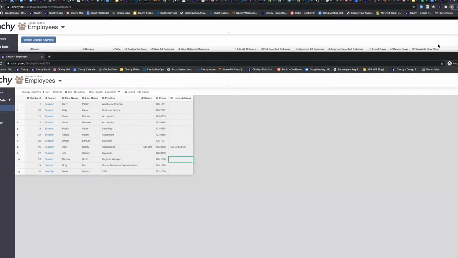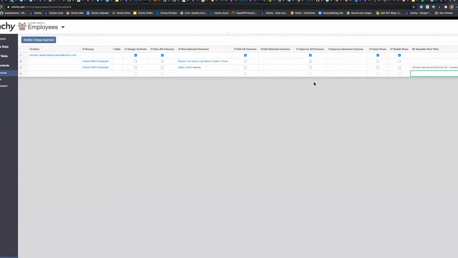Now I want to take this a step further though. The entitlements are now being driven off of a rule that I've established, which is based on the data inside of this table. But maybe I want to drive it off of data that's in a different table.